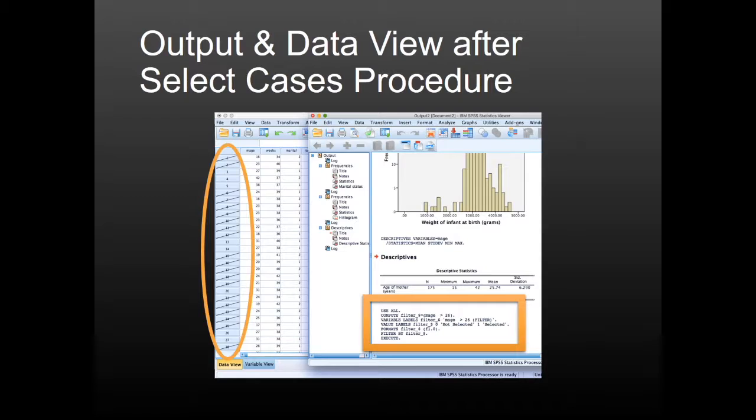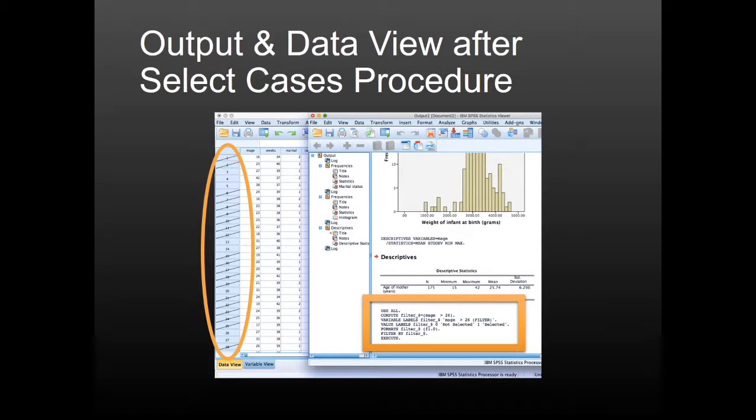This is going back to that example of mother's age being greater than 26. So all of these individuals that have a cross or a slash through their number will not be included in procedures that we run from here on out,